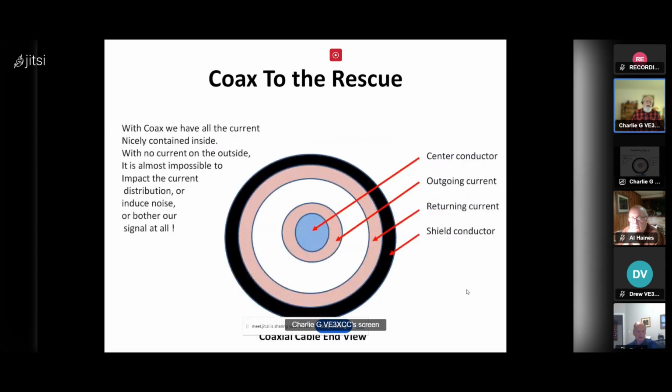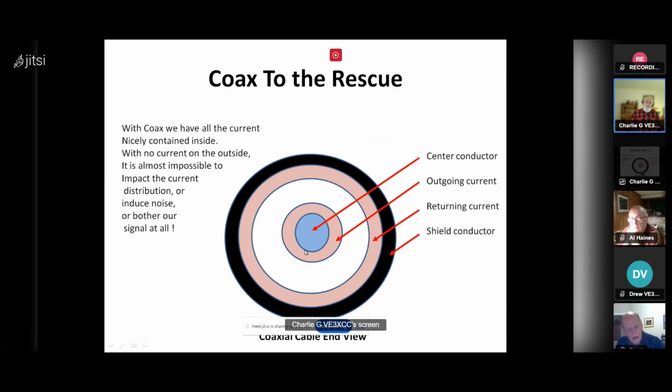So having said that, coax is really cool. We use coax all over the place. And if you put those two concepts together that I spoke of earlier, you've got your center copper conductor. You've got a thin layer, only a few atoms thick, on the outside of it that is the current flowing out. This is kind of an end view of the coax. Then you've got the material in the center of the coax that's an insulator, and then you've got the outer shield of the coax,